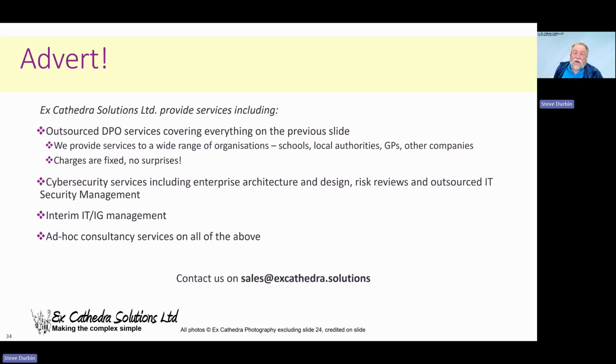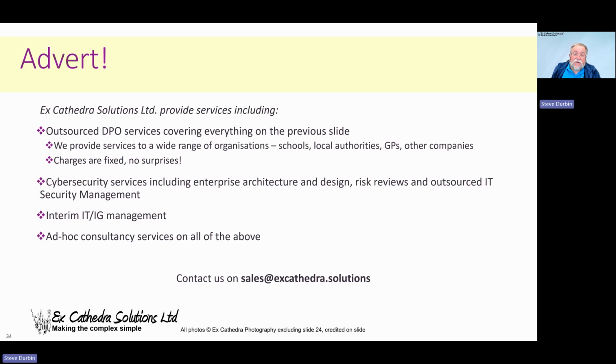We also do cybersecurity services. I personally am fully qualified to do all that sort of thing: CIPP, ISSMP, TOGAF, Fellow of the British Computer Society, chartered IT professional. Anyway, lots. We have other staff and contractors that we bring in as well. So we can do all of that for you. We've got a lot of experience in those areas.